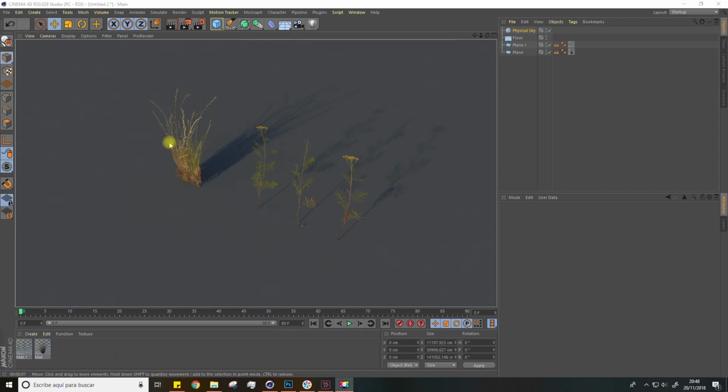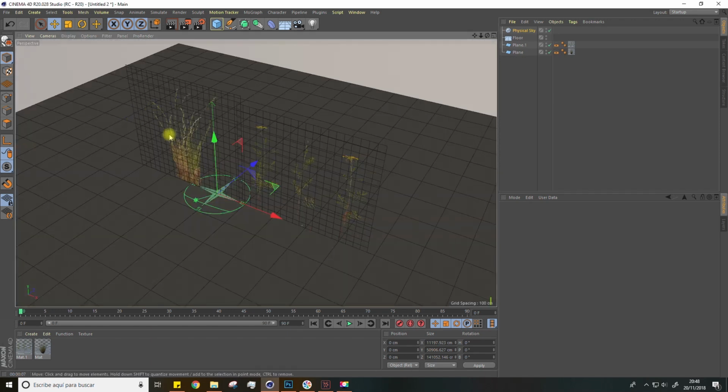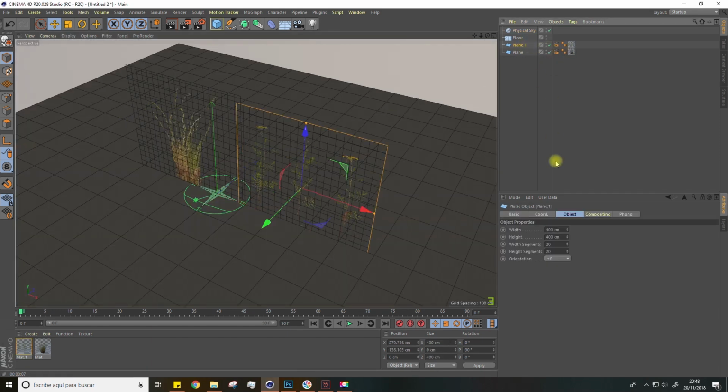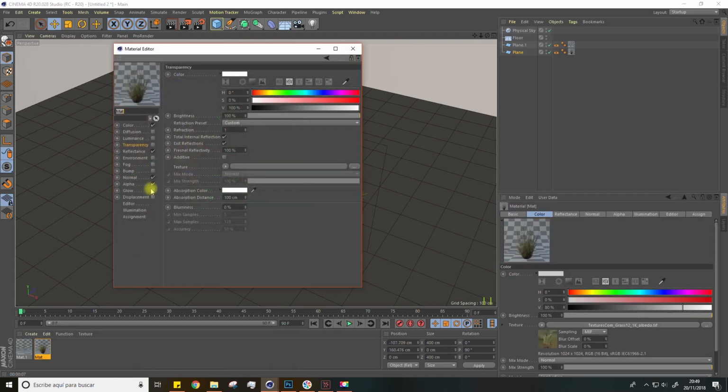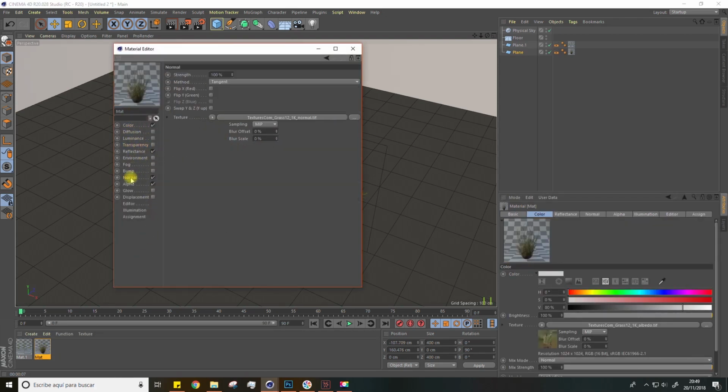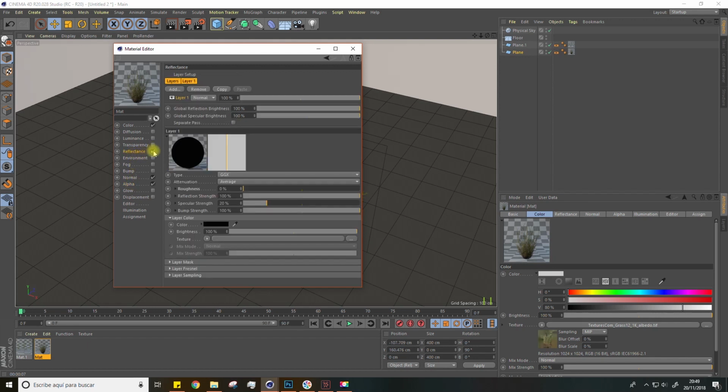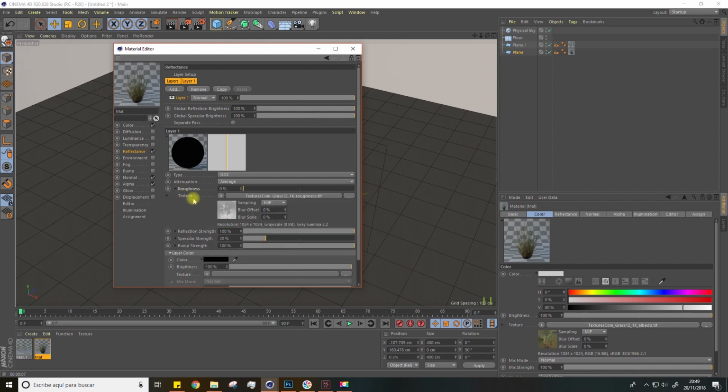To create these plants, we have done exactly the same. That is, work with planes. I hadn't changed the number of segments here, it doesn't matter. And regarding the texture, we have worked with color, normal map, and alpha map. The difference between this and before is that we have activated the reflectance map to be able to activate the roughness texture. Alright? To do so, simply delete what we have made